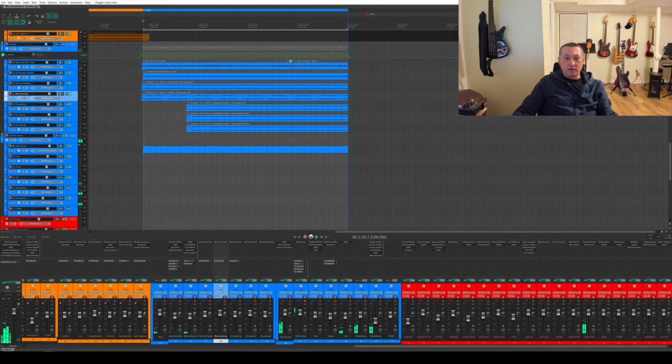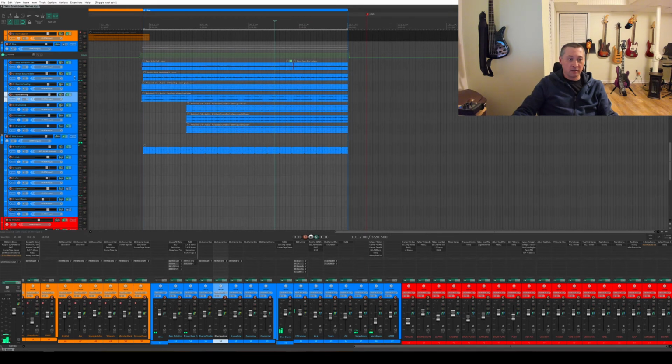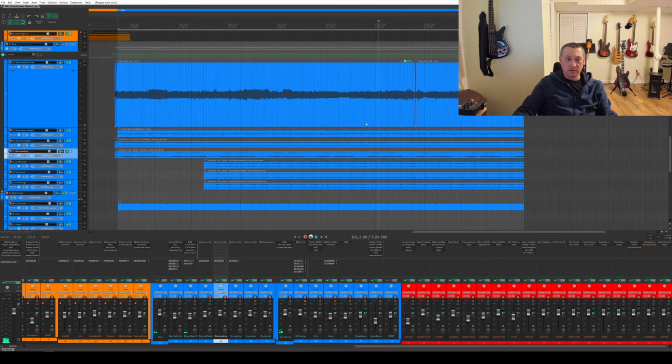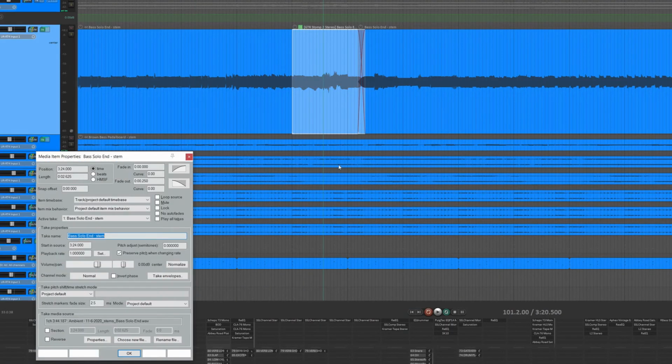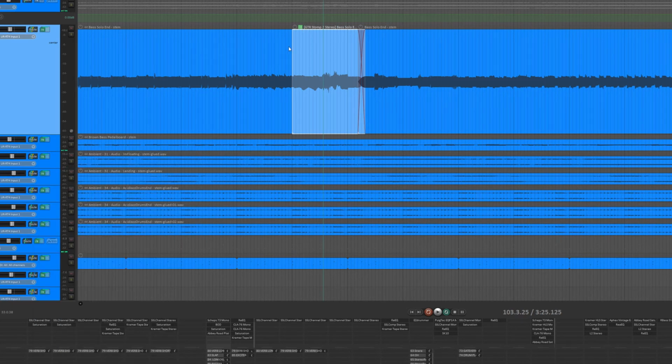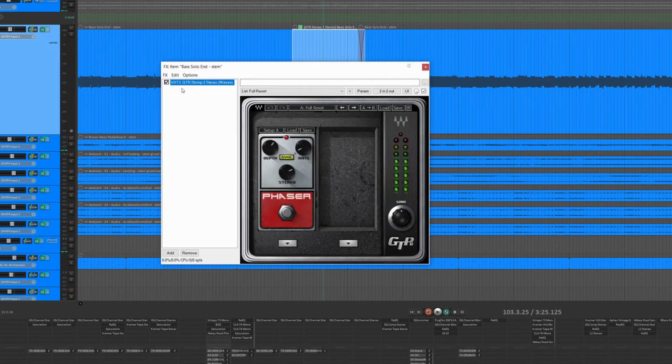one cool thing I want to show you is I added a phaser effect in, and I'll zoom in on this part. What I did is I split this, and if you double click on something after you split it, there's this take effects, and you can see this little green icon up here can also get to this. So I used the GTR Stomp, which is part of Waves, and I added a phaser to it.